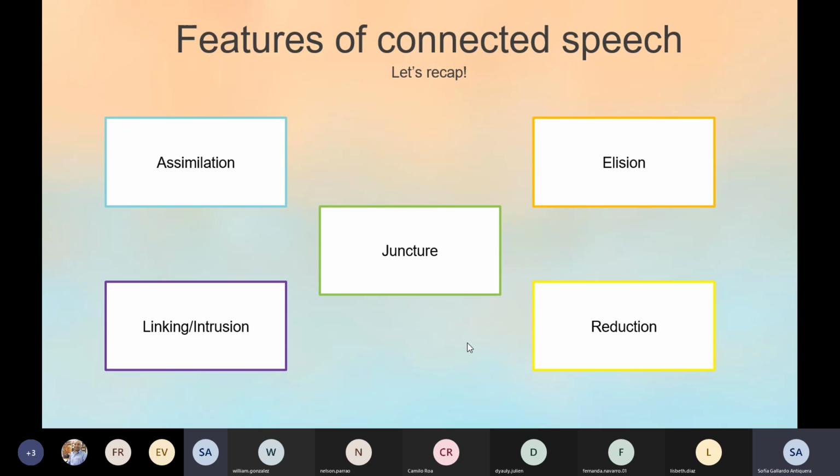Thank you, William. So basically, juncture is when you have two words and in rapid speech you pronounce them and they sound together, and they will probably sound like another word. So that was greatly explained. Now, do I have any volunteers for assimilation? It doesn't have to be in detail, but I need to know that you remember what assimilation is.